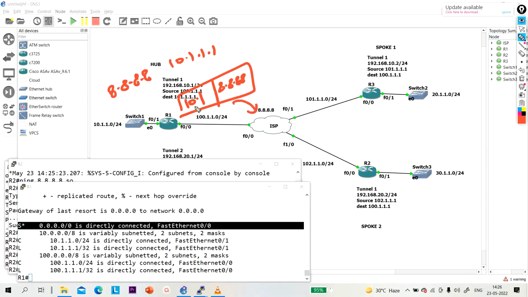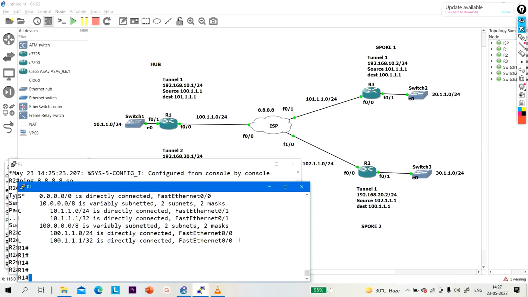And guys, private IP addresses are not allowed on this interface because this is the ISP interface. And how will the ISP router generate a reply, because in the routing table of the ISP router there will be no information of the 10.1.1.0 network, right? So you have to configure PAT over here so that this router will translate this private network into a public network, right? So let me configure PAT first